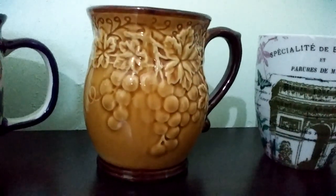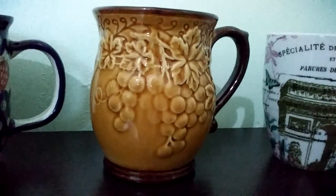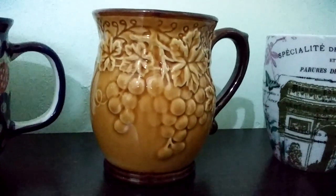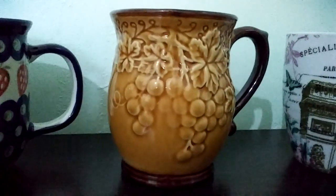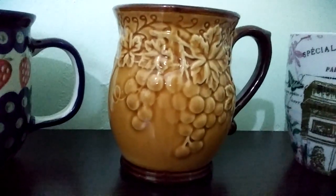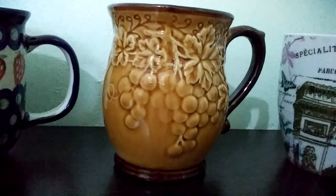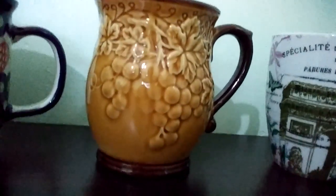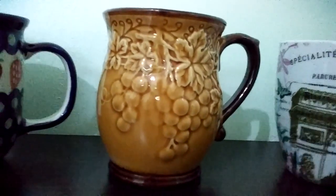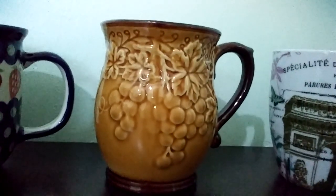And I love this one. Brown is really my favorite color. So anytime I see a stoneware, a plate, an article of clothing, a purse, if it's brown, it immediately catches my attention, and I love it. And this is one of my favorite ones, and it's because it looks like it's sculptured. It's sculpted, maybe is the word. And it's just very pretty, and it's got light and dark shades of tan or caramel, and then the brown on the handle, the top,